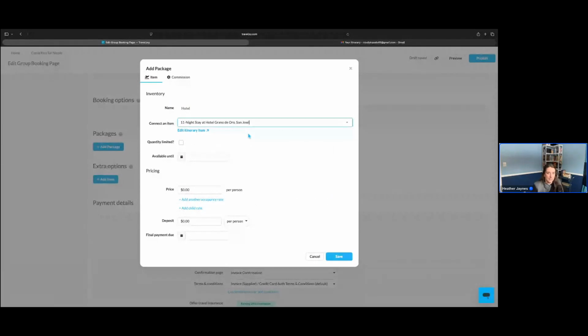Now, keep in mind that you do have to have an item from your itinerary connected to each package. So if you have multiple packages you plan on offering to your clients, you will need multiple items on your group itinerary to match with each package you plan on offering. I only have one, so I only needed one item to match with my one package.